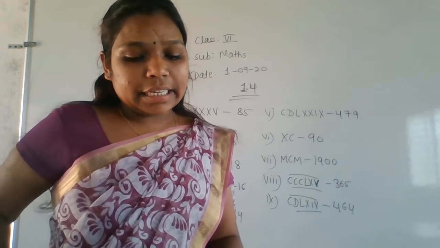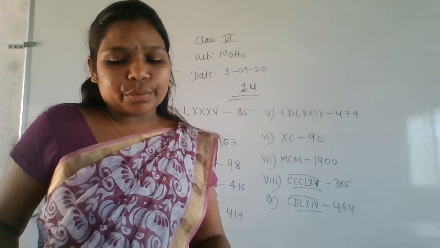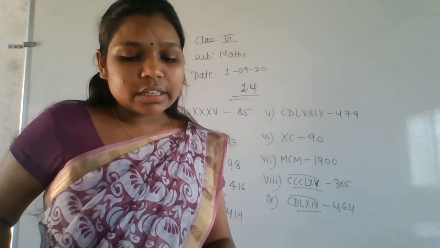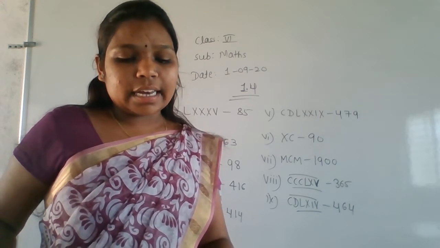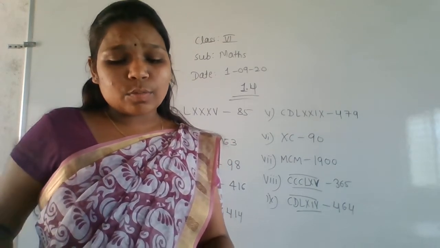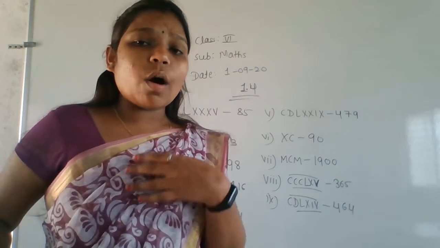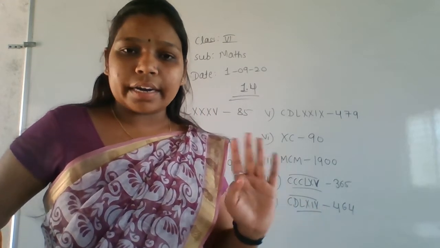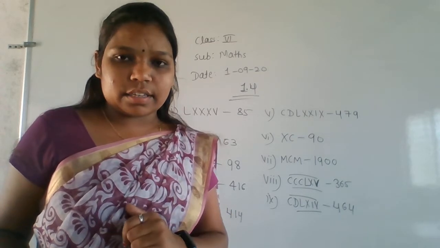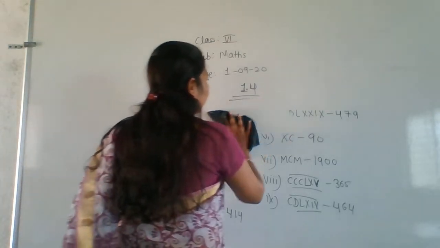Show that each of the following is meaningless and give the reason in each case. Each of the following means whatever is given in Roman numerals. In the third main, they all are wrong here. They are not correct, and they asked why it is wrong. You have to give the reason for that. Okay, so we'll do that now in the third main.